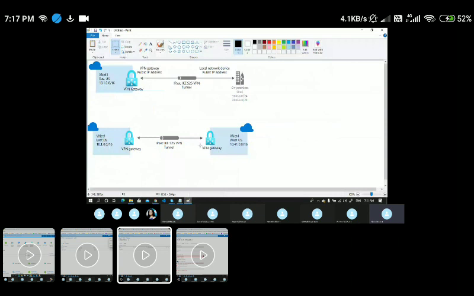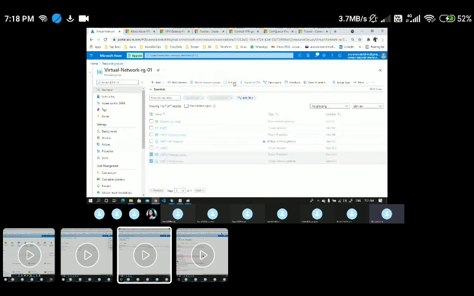I think you're good with VNet to VNet and site to site, right? VNet to VNet will establish the connectivity between two networks within Azure, whereas site to site will be establishing the connectivity between your on-premises network and the Azure network by using this particular IPsec tunnel. Here we'll be creating a VPN gateway on the Azure side. We'll be creating a local network gateway for your on-premises VPN.